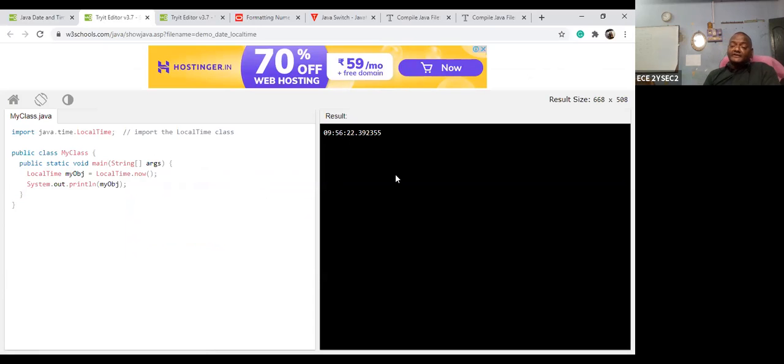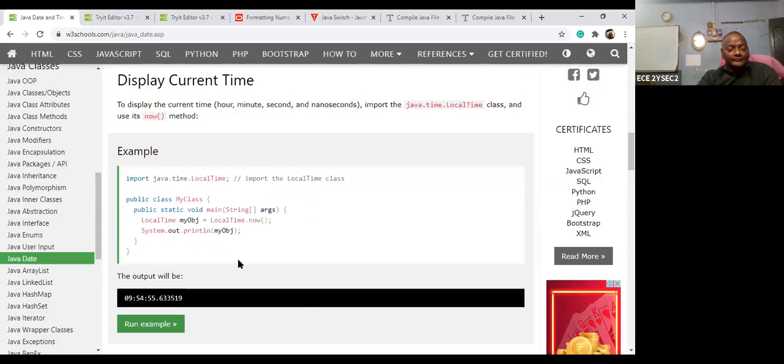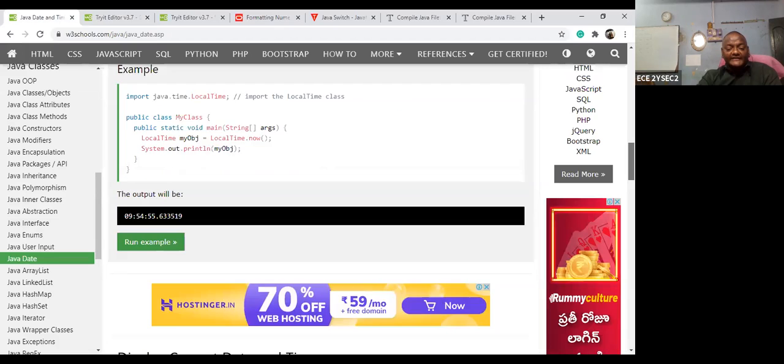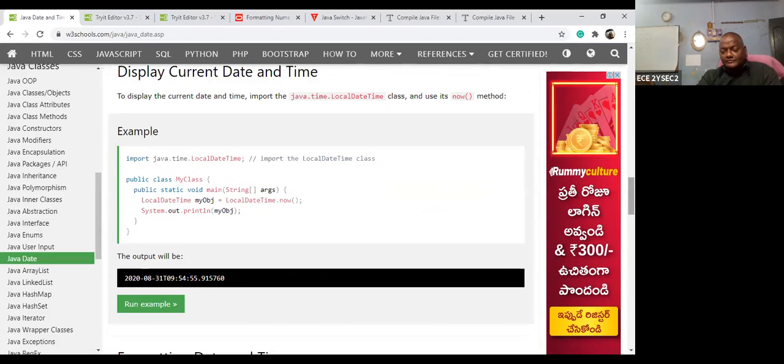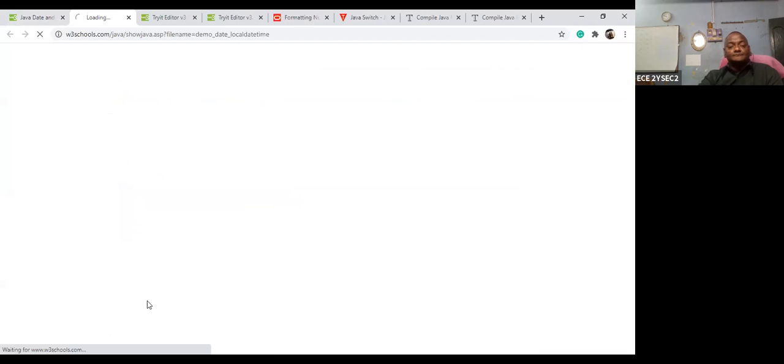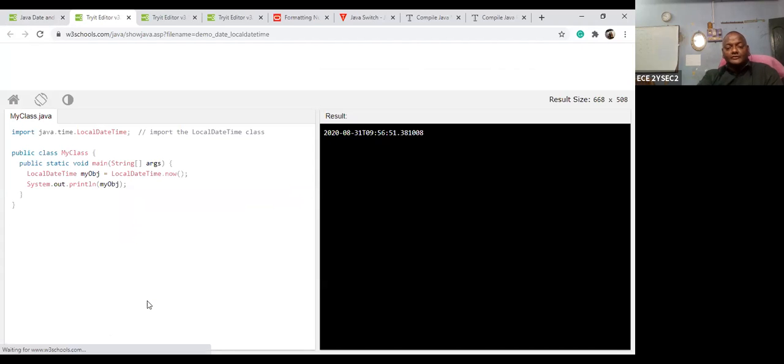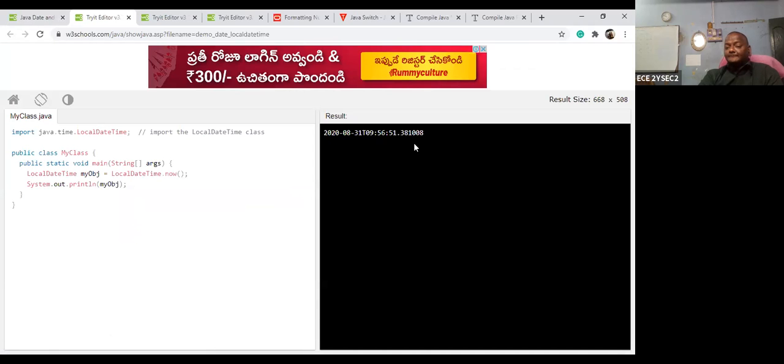Suppose I want to display the date and time: that is LocalDateTime.now, with import of LocalDateTime. Then you get the local date and the time.